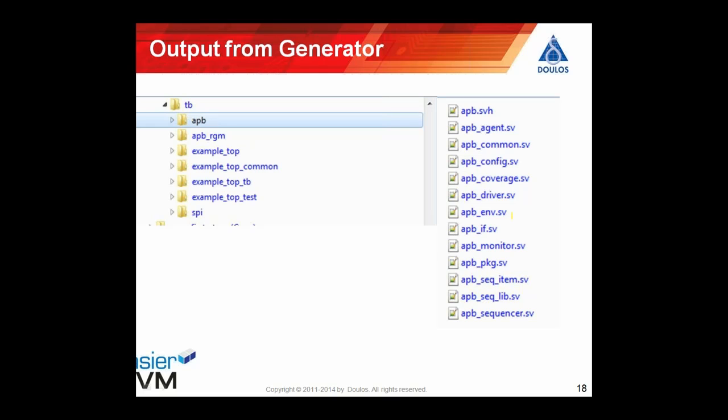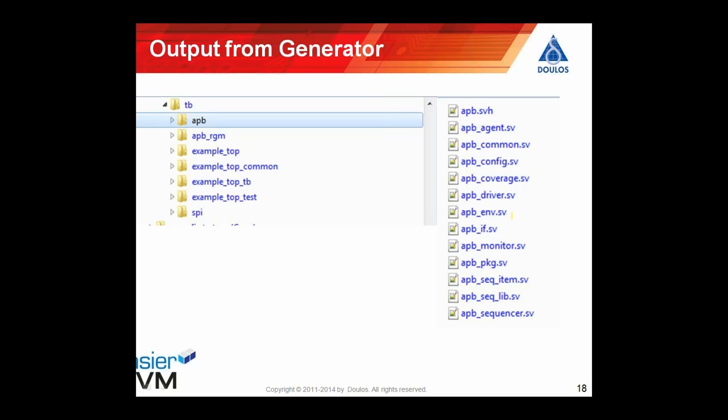sequences running on the individual agents, sequences running at the top level, and then virtual sequences to kick off all of the individual sequences. And by default, the generator generates a complete set of sequences to start getting all of the agents running. Now, of course, the agents at that point are just going to be generating random traffic. But what it does do is to give newbies to UVM an immediate way to get their environment up and